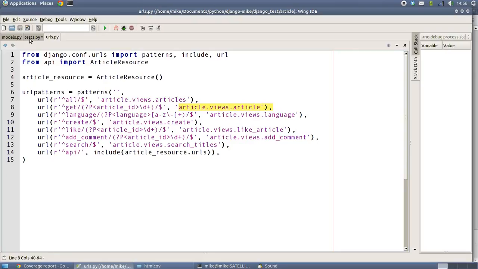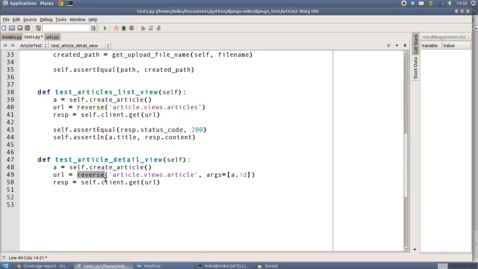Using this, reverse just basically goes backwards, hence it's called reverse, goes backwards into the system and works out what that should be in terms of a browser URL. We pass it an argument of the ID so that it knows which article we want to look at, and then again we just get the response using our client,